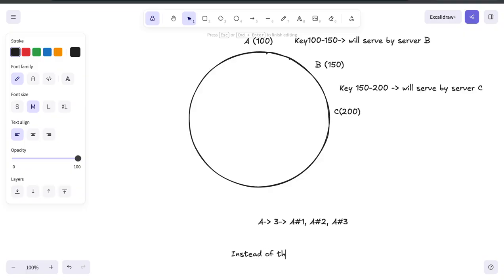Instead of only one instance of a server on a ring,